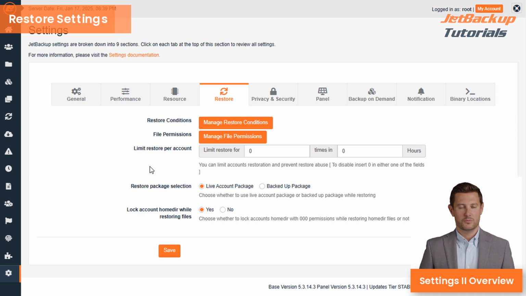In addition to restore permissions or conditions, you're able to set a limit on restores per account. This can be especially useful to prevent clients from unnecessarily using valuable system resources by repeatedly queuing up restores. Finally, the option to toggle home directory locking during restores is available here. Locking the home directory ensures other processes are not able to read or write to the home directory while a